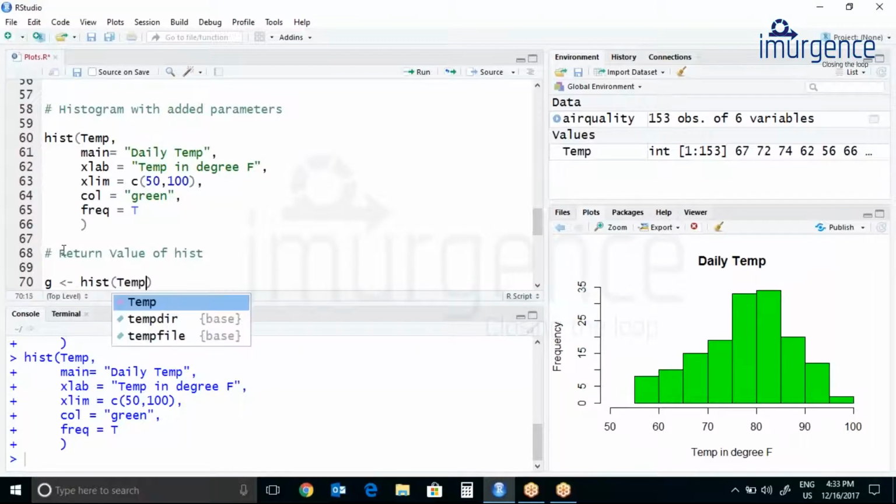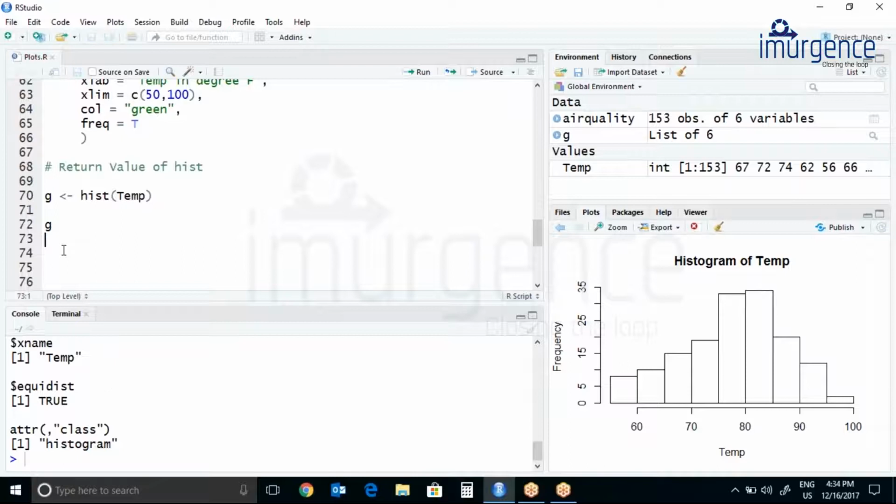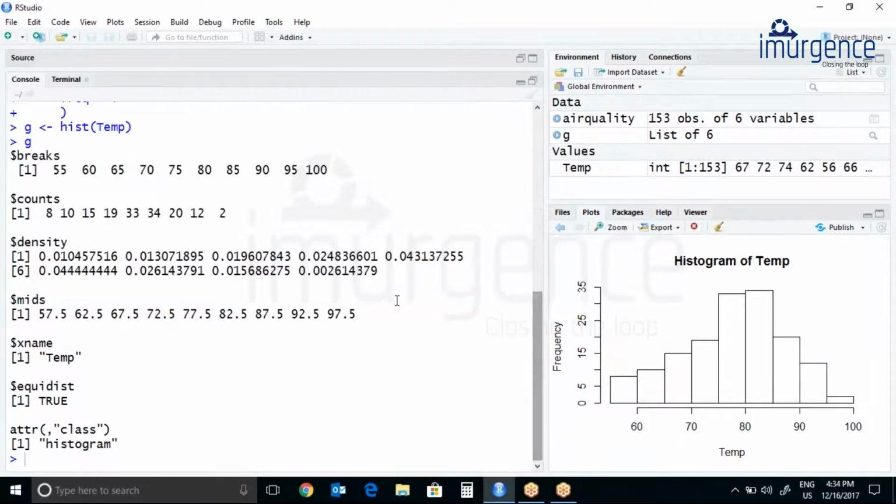Let's print g now, so I will get each and every piece of information about this. Here you can see that there are breaks at 55, 60, 65, 70, 75, 80, and so on.